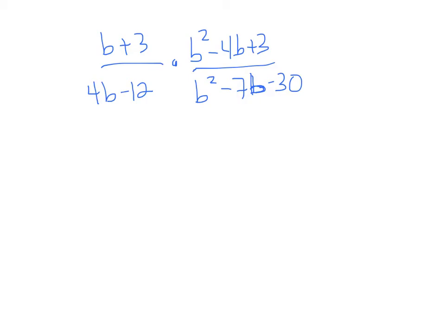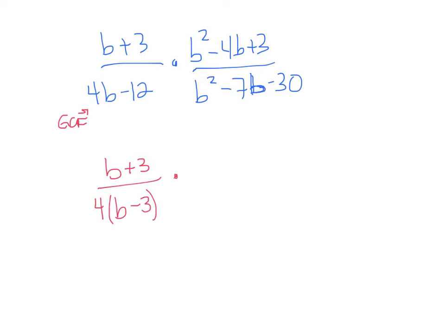What you want to do is you want to always reduce before you multiply. So in order to reduce, you have to have things factored. So you need to go through this entire thing and factor everything. So b plus 3 does not factor, so it stays b plus 3. 4b minus 12 has a greatest common factor of 4. You're going to pull the 4 out front and have a b minus 3